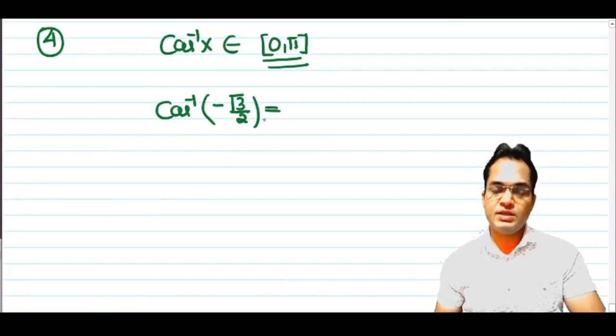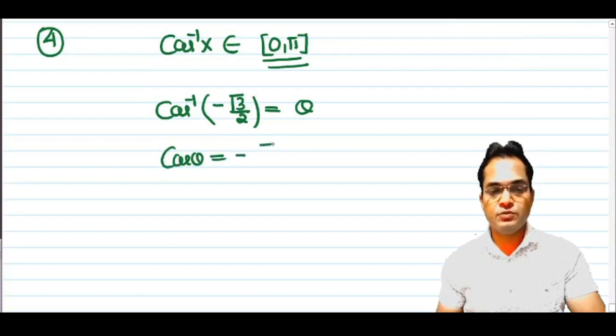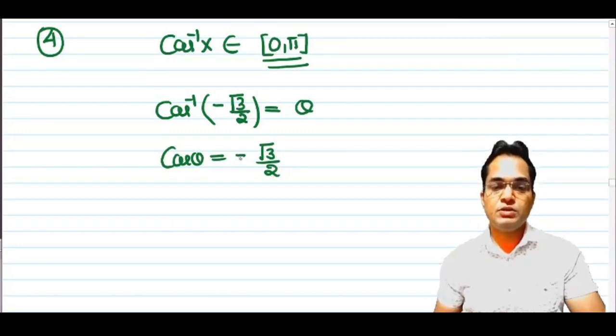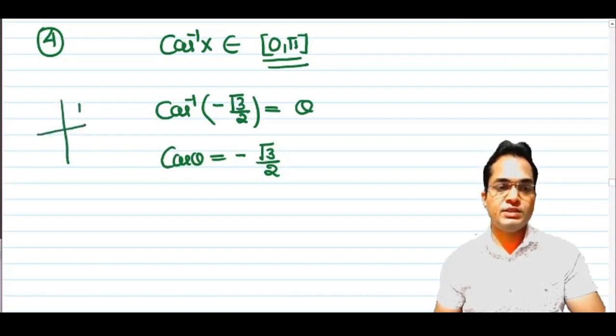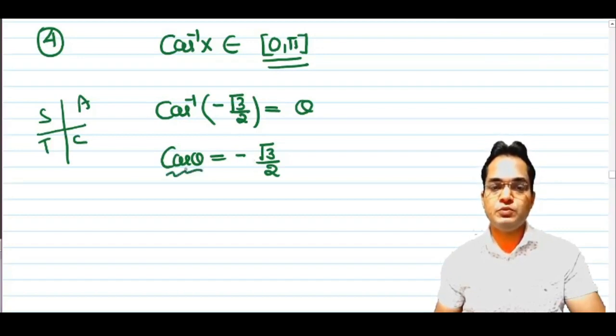What is the method to find cos inverse of -√3/2? If you don't know the graph, then assume it is theta. So cos theta is -√3/2. Now you have to find the value of theta such that cos takes the value -√3/2. As we know, cos is negative in the second quadrant by the rules of ASTC. Yes or no? Then what is the angle at which cos theta becomes -√3/2?